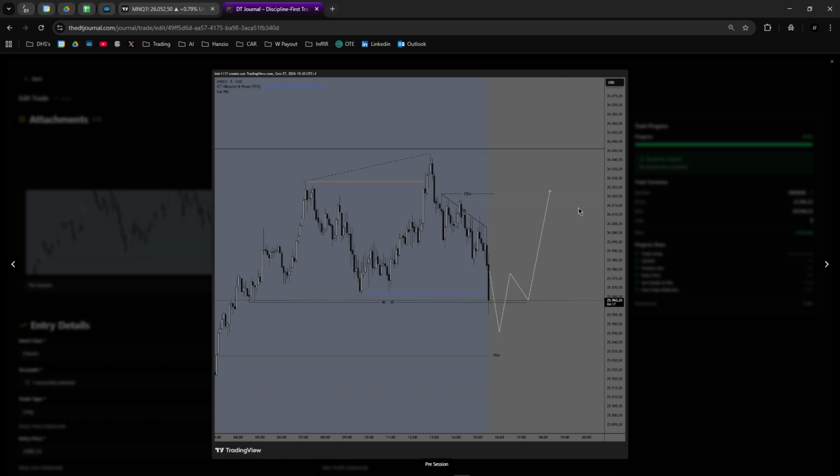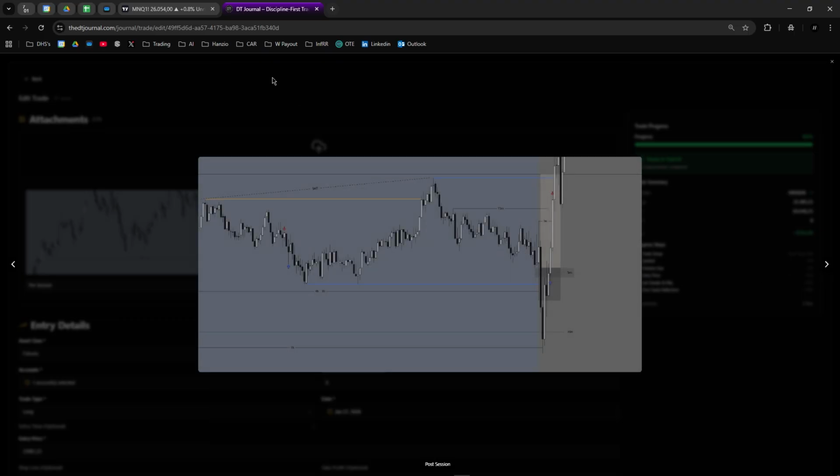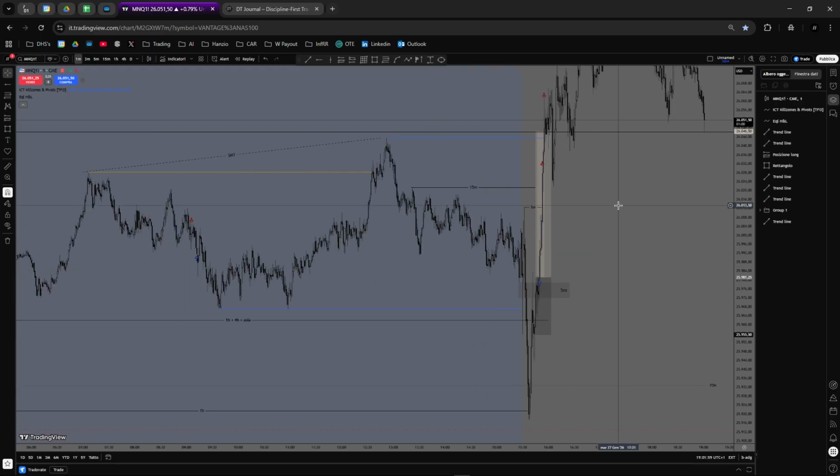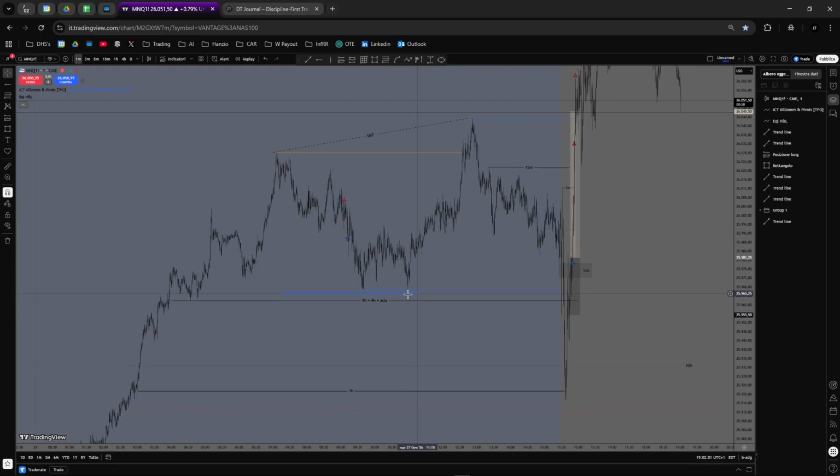So my idea was sweeping out London session low, tapping inside the 4 hour and 1 hour gap, plus the 1 hour gap that was below us at the time, and then having a rejection off of it and a V-shaped recovery, and go for the weekly high. And this is what happened, right?